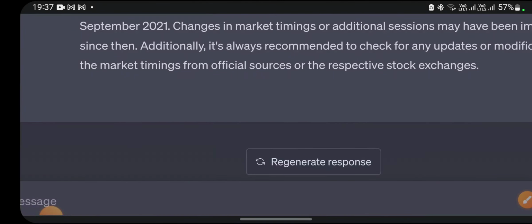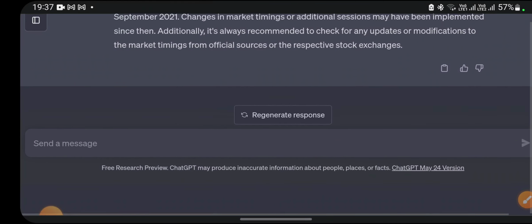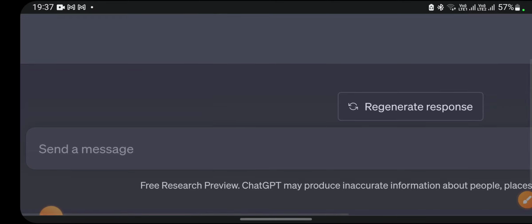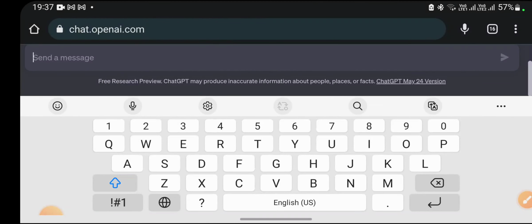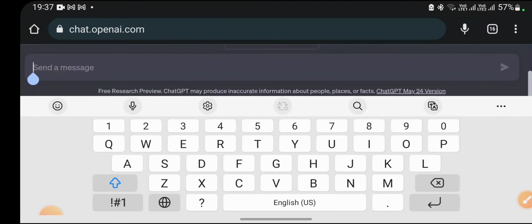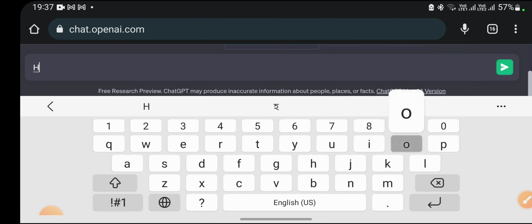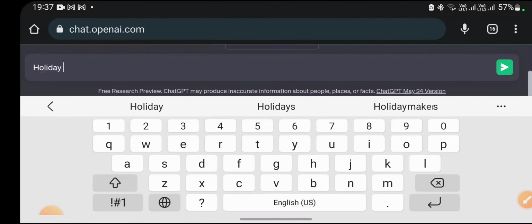No need to take any kind of paid training or paid sessions from anyone. These are all free versions. Another example: I want to know the list of holidays in the stock market in 2023. So I'll write here holiday list